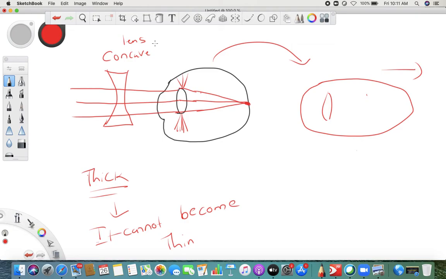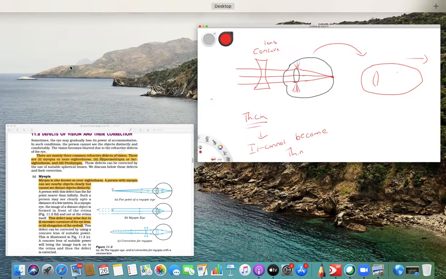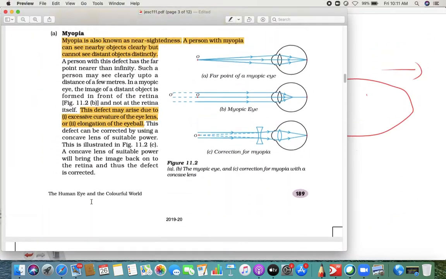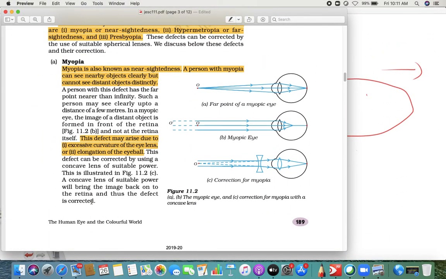Now you know that you cannot wear just any glasses, you have to use an appropriate power lens. Everyone has their own number. You remember, a person used to say, I have 1.5, 1, 2, 2.5, even positive, negative. So the concave lens's power is negative. Clear? Now you are getting what I'm trying to say. So we'll stop at myopia. Very important. Understand it. Read. Look at this video again 2 times.